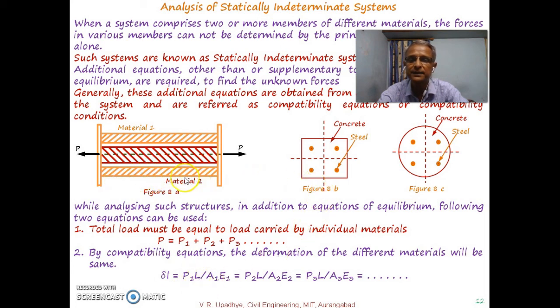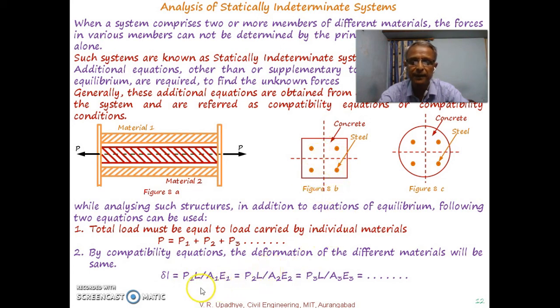If you consider this diagram, the length of both materials is the same, or in case of the column, the length of the concrete cross section and the length of the steel reinforcement will be the same. So length is the same, but the area of cross section of that material will be different and the Young's modulus of that material will be different. So it will become P1L divided by A1E1,